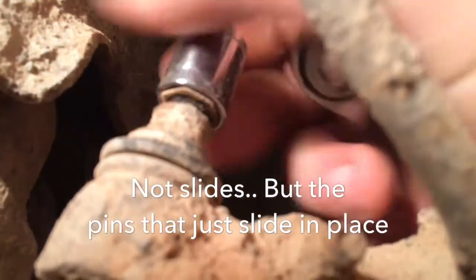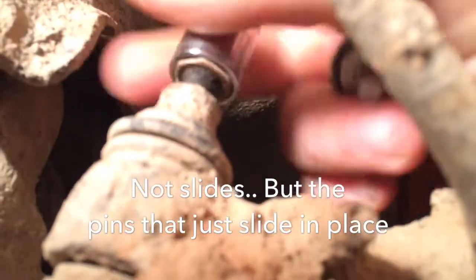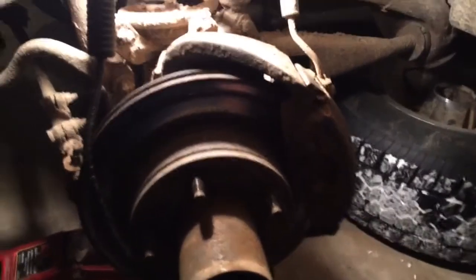Of course, it's stuck in that socket, but oh well. So there's 2 on here. I'll get this caliper off, and I'll be back. Again, I'm gonna keep these short and sweet, because I ain't getting up to turn that music off every time. But after you get those 2 bolts out, it just...